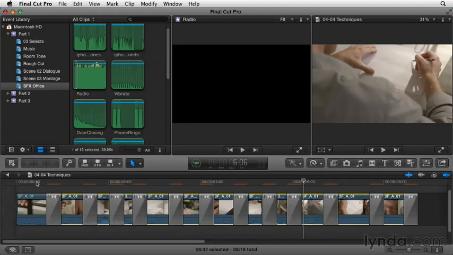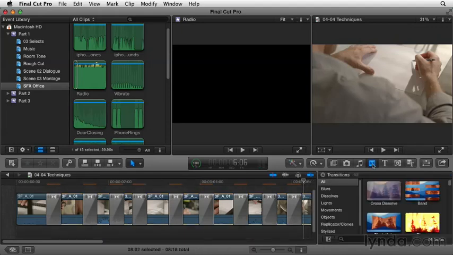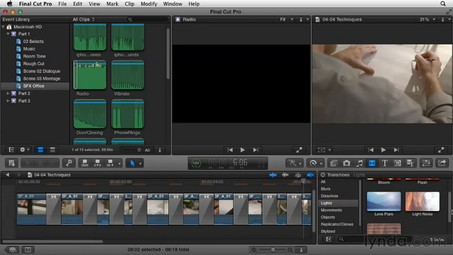Now, what if we didn't use a dissolve but use, say, a special effect as our transition? We'll step into the transition viewer, and underneath lights, I have a couple of cool options. I think the lens flare, since we use that sometimes to transition in and out of the memory, could be kind of cool. Now, I'm really a big fan of lens flares, so I'm going to go ahead and put this in, and I have a gut feeling that 1/3 of a second may be too jarring, because I really want to see a bunch of flashes, but let's go ahead and test it first,